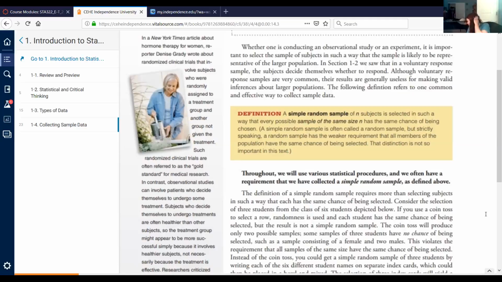freshmen in college. There's a phenomenon known as the freshman year weight gain. And so in this particular case, what you want to do is find out if it's true that freshmen gain weight in their first year in college. And so the study was carried out in a way that they recruited college freshmen such that it was completely random as to who was chosen to participate in this. And the way that that was done is that